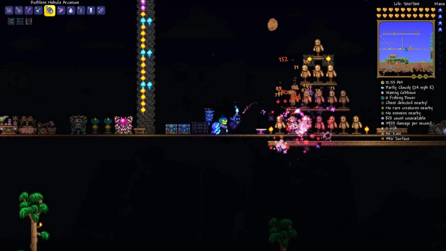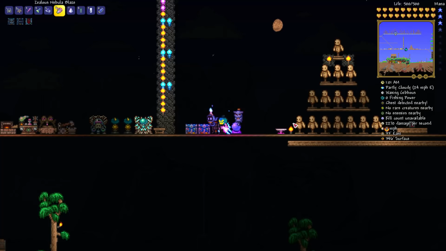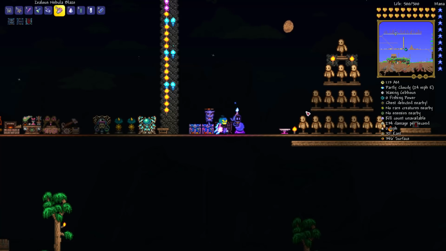These are actually both auto-fire. That's important to keep in mind as well. So the Nebula Blaze auto-fires a fast-moving pink projectile. It's inaccurate. You can see where my cursor is. It'll just kind of randomly fire somewhere around there. And it fires a...